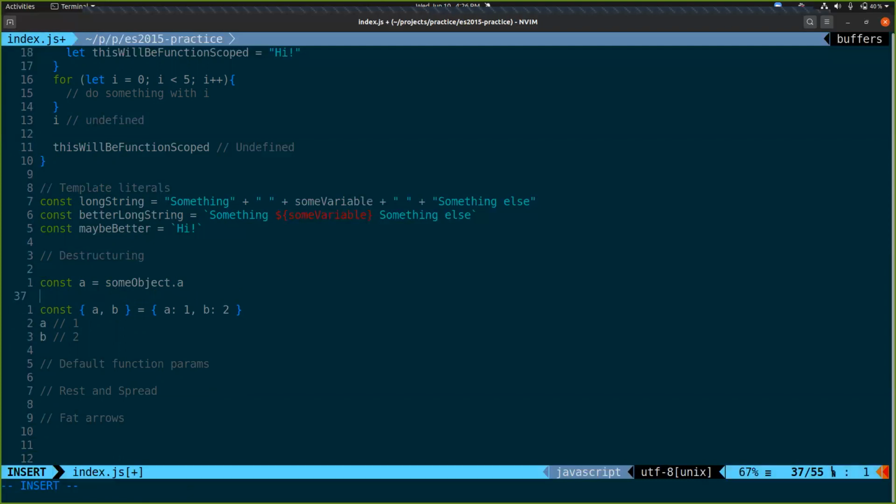But really, anytime you see a lot of this, that's repetition. And in general, we're trying to get rid of repetition in our code. Destructuring is a way to do that.